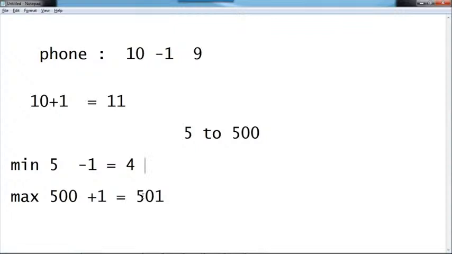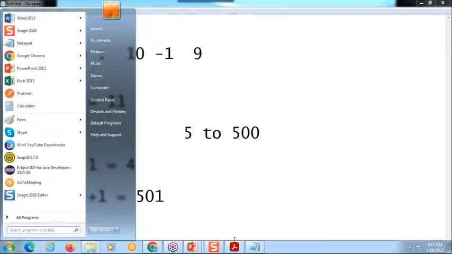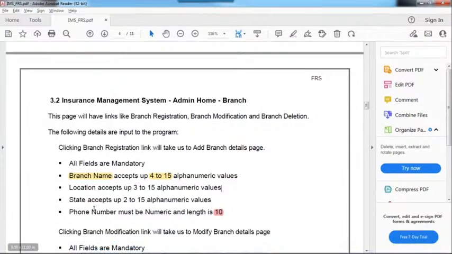Understanding, right? So this we call BVA, boundary value analysis. This is the way you need to test the application. Here, location: you need to enter your location, but the application allows 3 to 15 characters only.